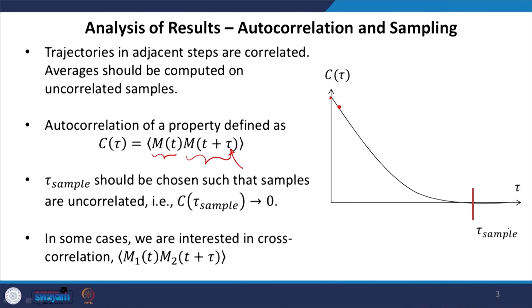And when that will happen can be seen by looking at the autocorrelation function versus tau. That's precisely what we do. So, we choose a sampling frequency when this c of tau goes to 0. So, tau sample is chosen at a point where c of tau goes to 0. Again, for any given system, we can do some benchmark study and find an autocorrelation time, find what tau sampling should be appropriate, or if we have done a similar system in the past, pretty much we can use that particular data. The whole idea is we want to ensure that the samples I am averaging over are uncorrelated.